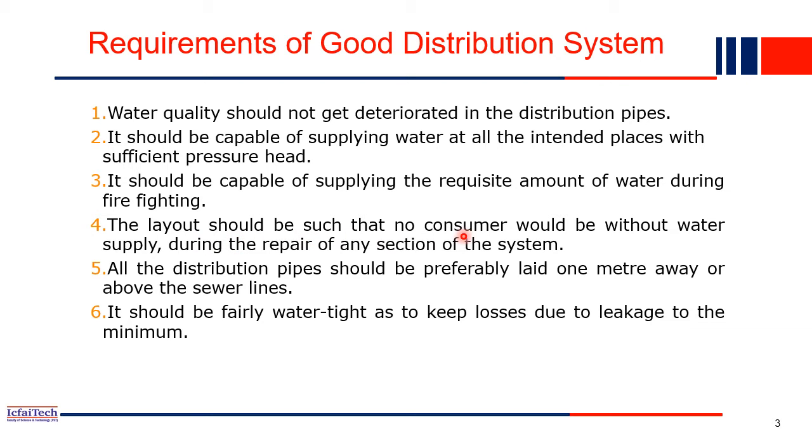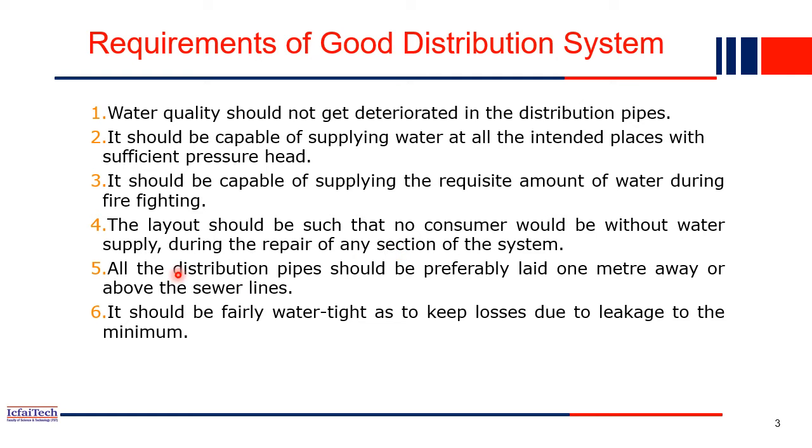The layout should be such that no consumer would be without water supply, even during the repair of any section. Maintenance is one of the key parameters in the water treatment plant, because the pipes are actually made of cast iron or maybe concrete. So maintenance will be needed very frequently. In that case we have to stop or cut that main line, but we have to design the water treatment plant such that even during the repairing phase